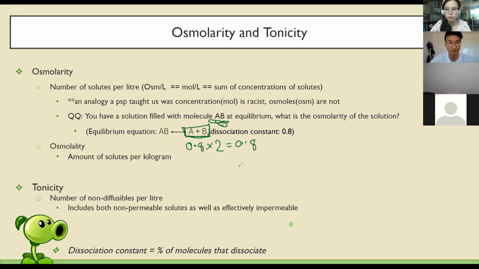So then you add that to the rest of everything that didn't get dissociated, so it's 0.2, because 1 minus 0.8 is 0.2. You got to change your answer to 1.6. Right, yes, I do need to do that. But you get the picture, everyone. That's 1.6, and that becomes times 0.2 times 1, so 0.2.